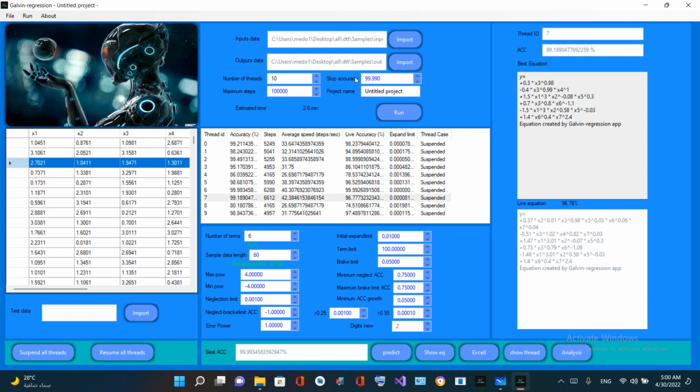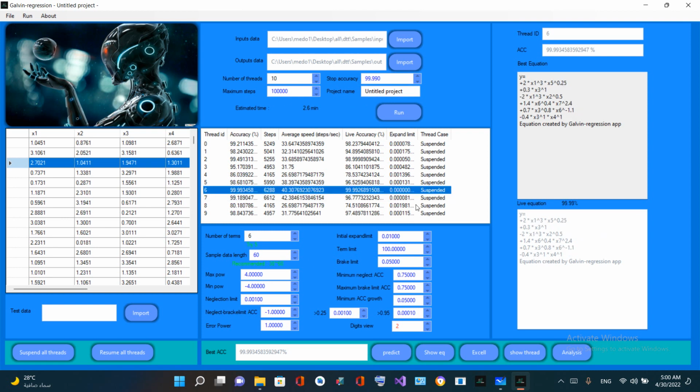Some errors might come from the person importing the data to the computer, or the devices' accuracy. Everything makes it very hard for natural data to reach a high accuracy. So what I'm trying to do here is to make you look at the power of the application,